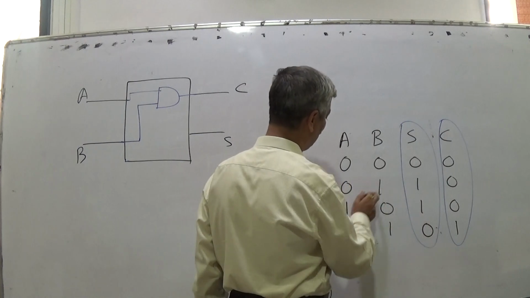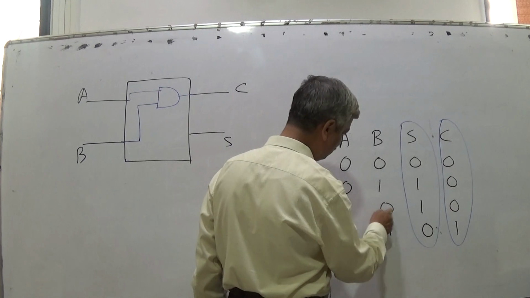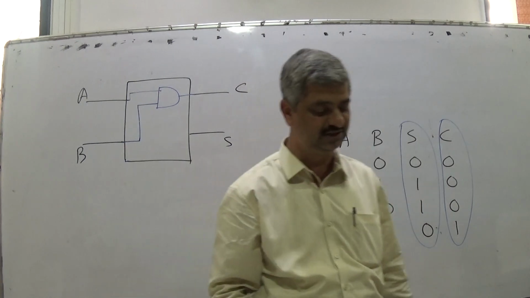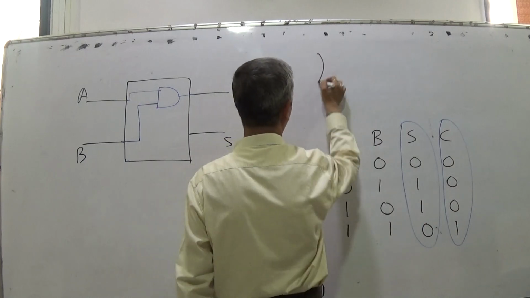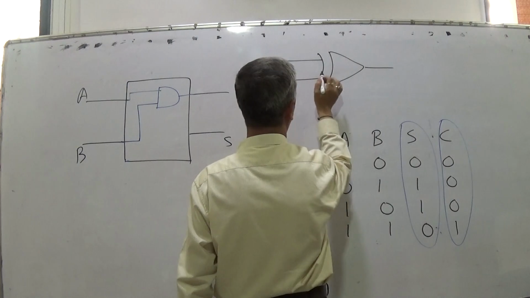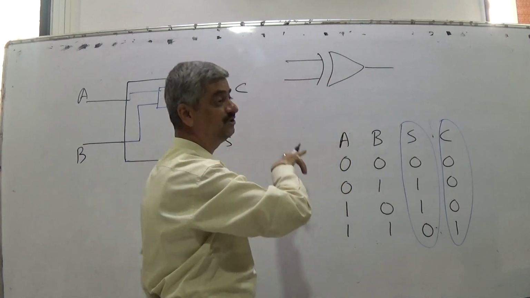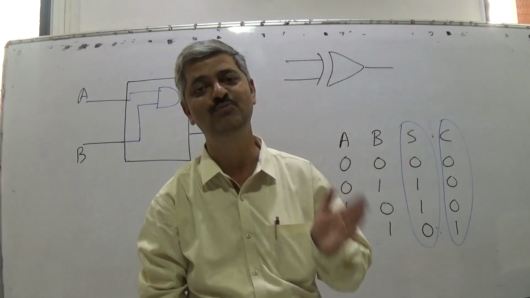When 1 is 0 and the other is 1, the answer is 1. When 1 is 1 and the other is 0, the answer is 1. This is the truth table of what? XOR gate. What does the XOR gate tell? Unlike an OR gate, where if one input is 1, the output is 1,